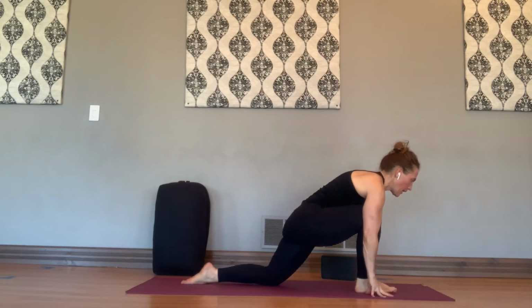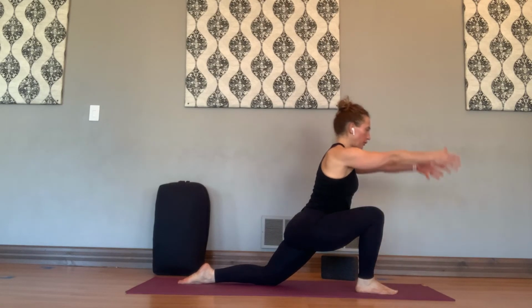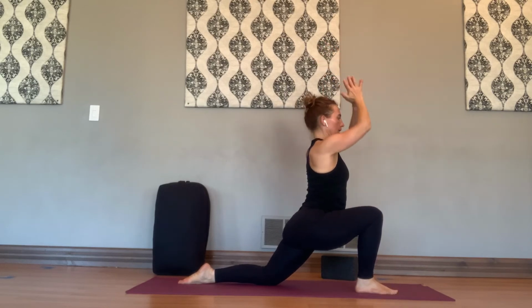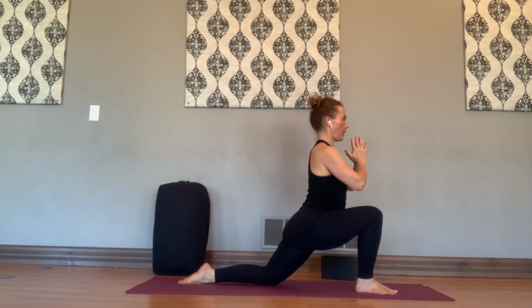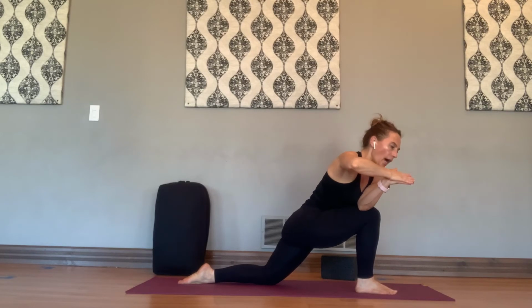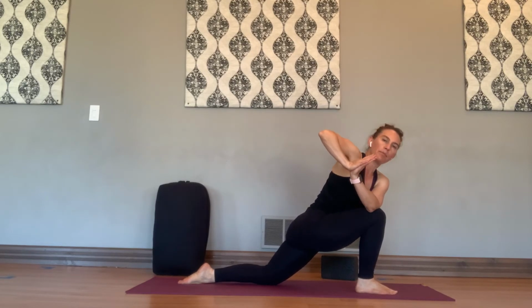left knee back. But if you'd like to add a rotation here, inhale, lift your arms to the sky, bring your palms together. Exhale, hands through heart center. Take a breath in. Exhale, twist to the right. If you'd like a little more, bow forward, hook left elbow on outer right thigh, and spin the chest open